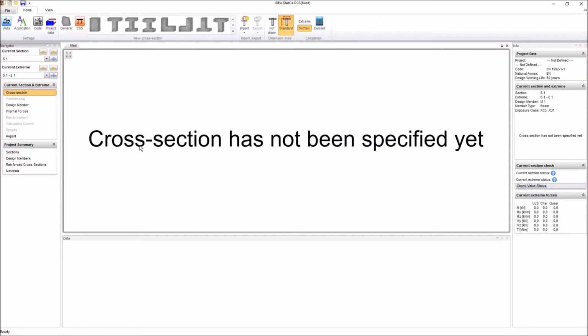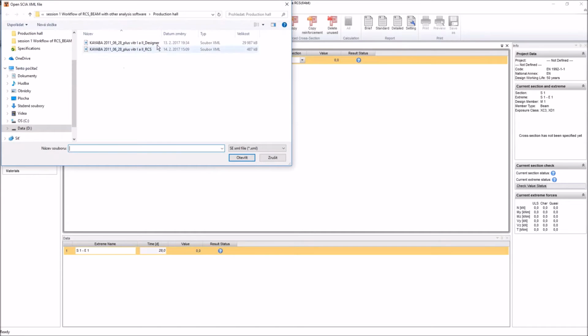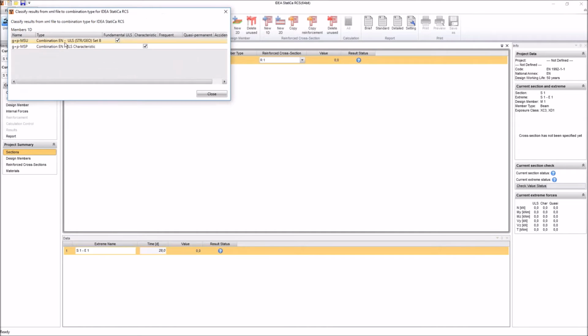It will remain empty anyway, and then I go to sections in the navigator, and you can see there is a possibility to import sections from XML file. Actually, this is the XML of SCIA Engineer. When I press on it, I select the one which I created today, which is this RCS with the name RCS. You see the date. I open it, and the program tells me that we have two